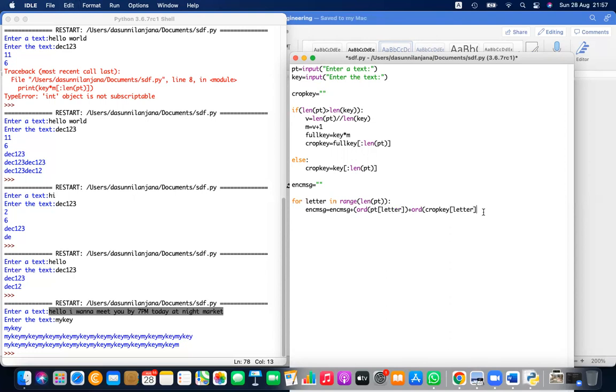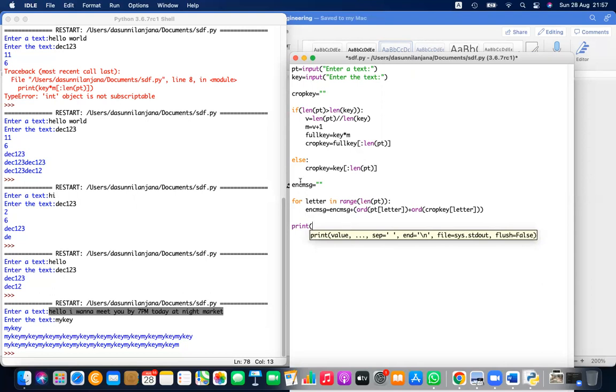The specific letter will be added to this, ORD of this and ORD of this. That is basically the number values. Two number values will be added, so these two number values will be added to the encrypted message. And finally, you can print